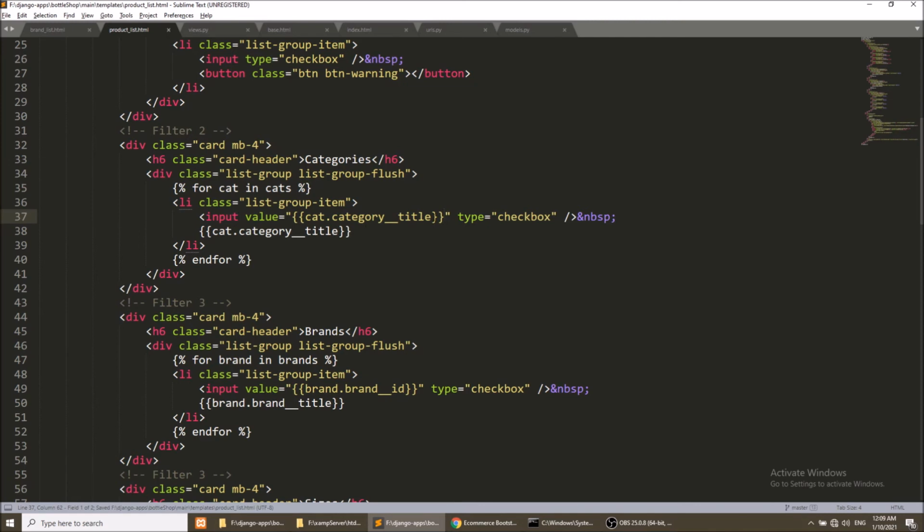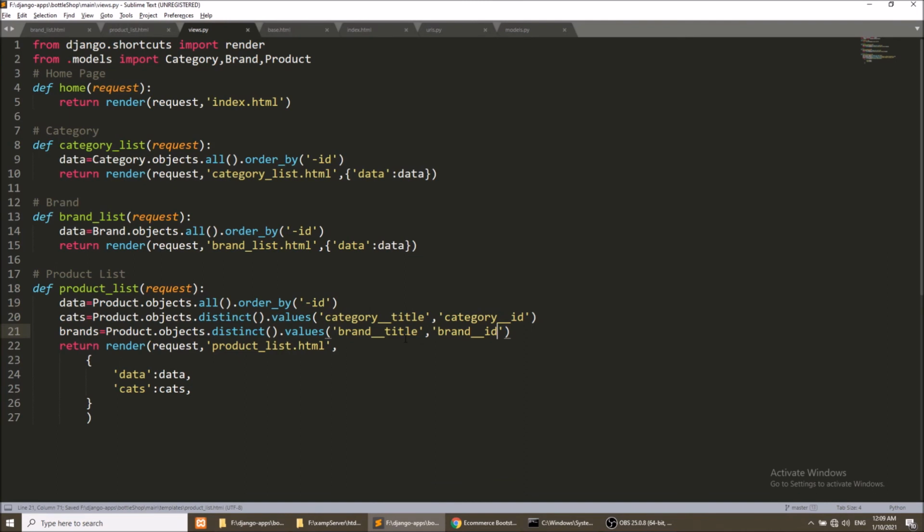So this will be category id. Now let's go to the views.py file, and we have all the things, category brands. So we will copy this category brands, and here we will paste this brands.